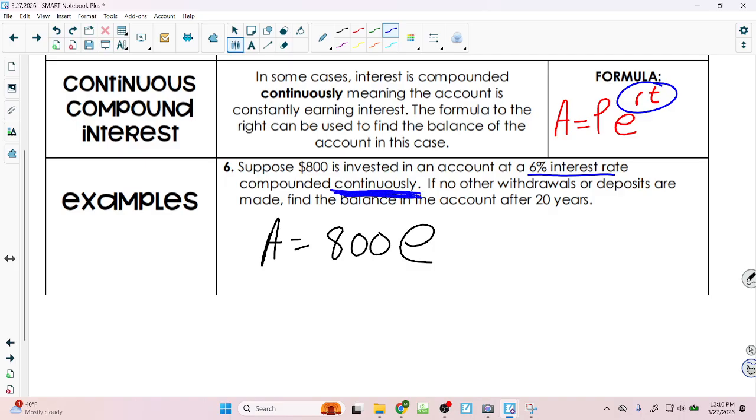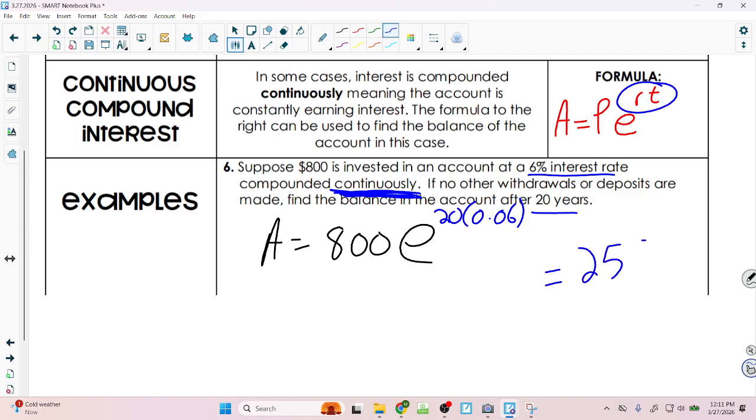That's the key word. And we just need 20 years. So 20 times 0.06. That should really be it. So 800 times E to the 20 times 0.06. And that's all you do. It's simpler, looks scary, very simple. And that ends up coming out to